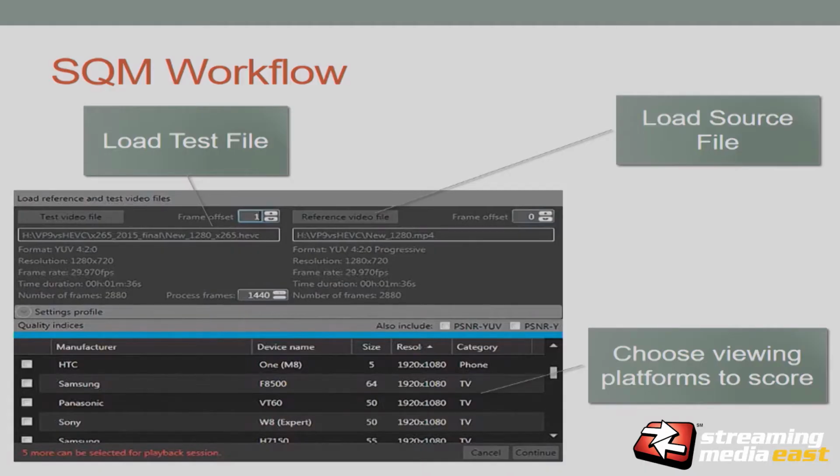Okay, and this is the SQM workflow. It's kind of the same thing we looked at with Moscow University, except it's only one file. So this is the test video file. This is the reference file. Load this, load that. And then here's where you choose the different viewing platforms that you want to evaluate. So they have everything from 4K TVs to old iPhones. I think there's like 30-something different platforms you can evaluate, which is good because if I'm testing